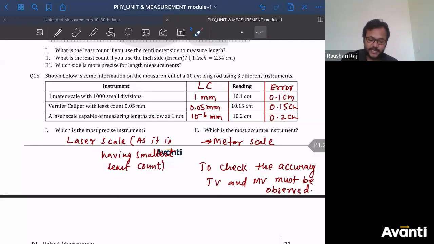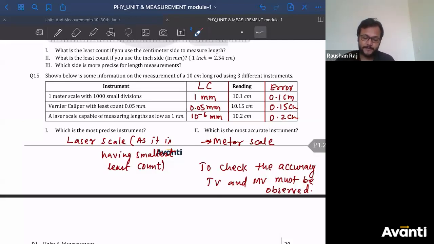वो bullseye वाला याद है सबको? आर्चरी खेला था हम लोगों ने. A device having higher precision can have low accuracy also. The same thing has happened here. So don't get confused that least count is small, so accuracy will be high. No, it is not guaranteed. It can be made so, but that will not give you the guarantee. There might be some other error included during the measurement, which will make it less accurate.